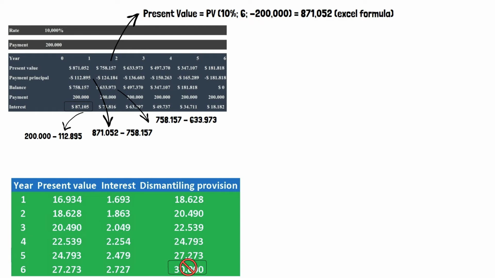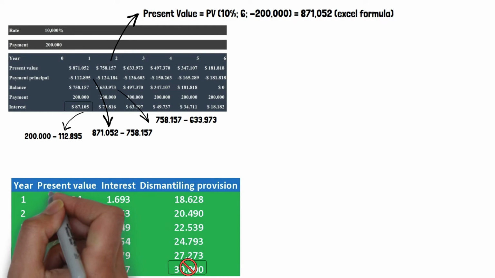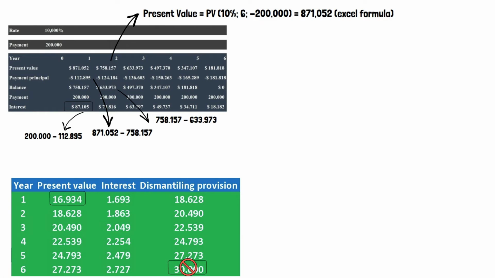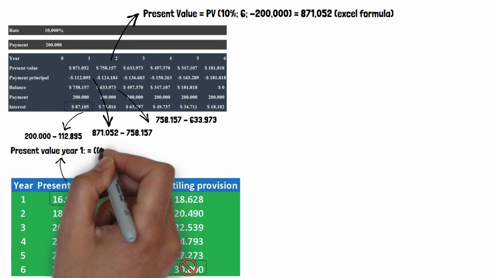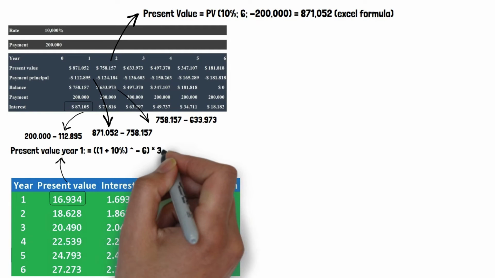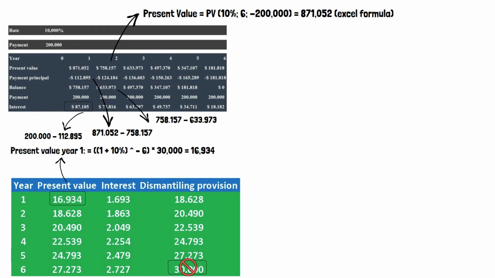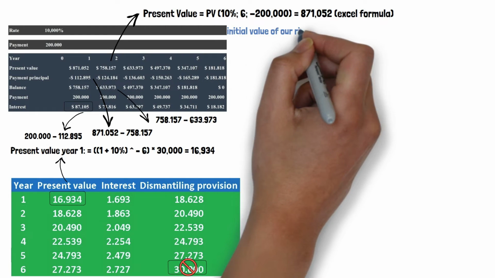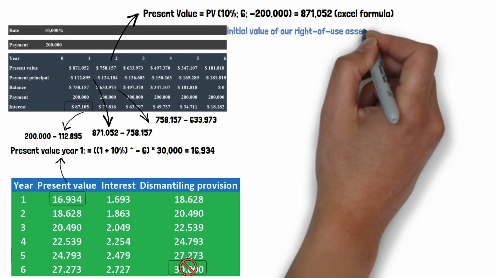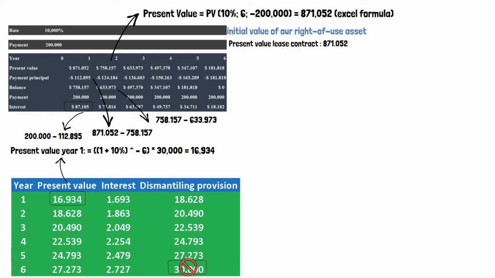The correct thing is to recognize the value of $30,000 brought to present value. This results in a decommissioning cost equivalent to $16,934. Now that we have these calculations, we can know what the initial value of our right-of-use asset is. So, we have that our right-of-use asset will be made up of the present value of the lease liability equivalent to